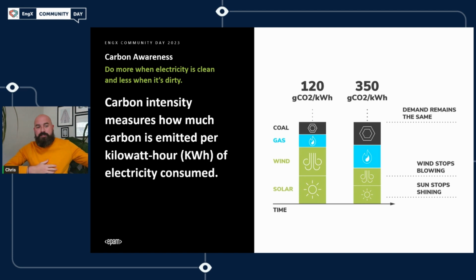So carbon awareness is the idea of doing more when more energy comes from low carbon sources and doing less when more energy comes from high carbon sources. So we just spoke about clean, green, renewable, and fossil fuels. We want to do more when our energy is coming from some of those cleaner supply chains. We want to do less utilization or less work, whatever it happens to be, when it's coming from those dirtier routes like the fossil fuels, the coals, etc. And we call that carbon intensity. So this is how much carbon is being emitted per kilowatt hour. So if we look on that graph, the gram of CO2,